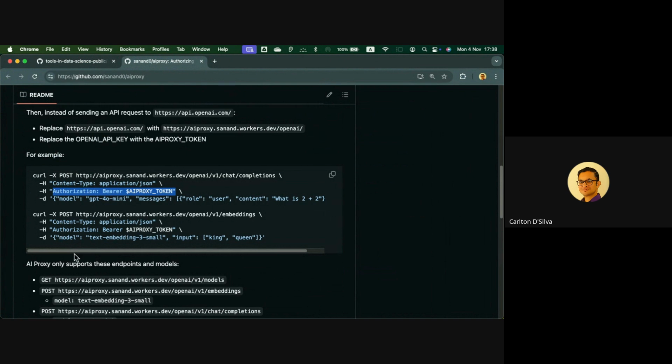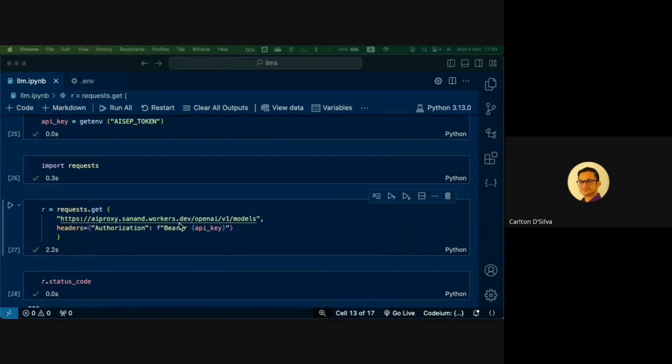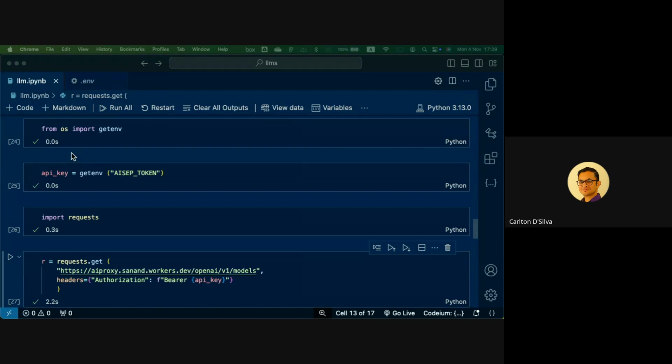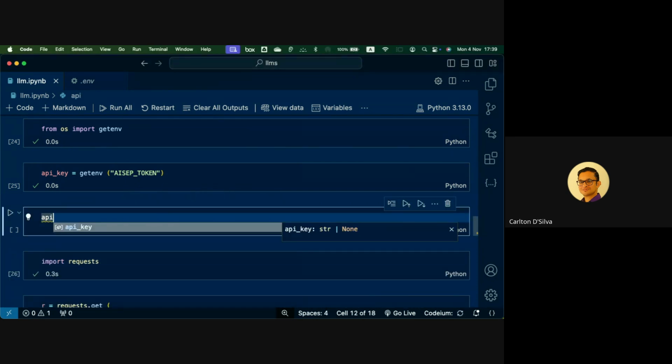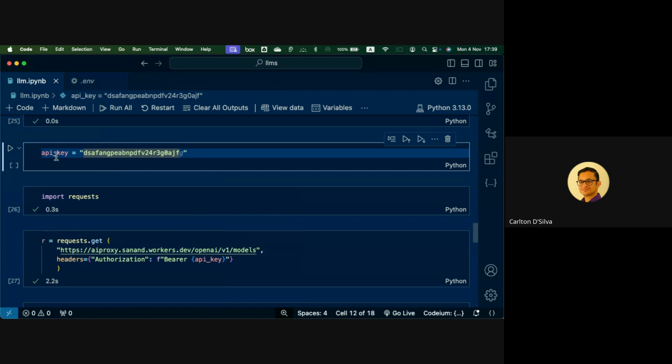Okay. So in place of the API proxy token, you just pass your token over here. I've sent my key here. Usually you will have your own key, which you don't have to share like I have done. It will be some string of multiple characters like this, right? So all you will do is send that as a variable in here.